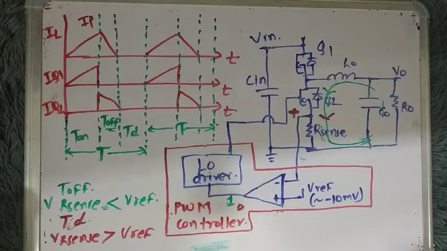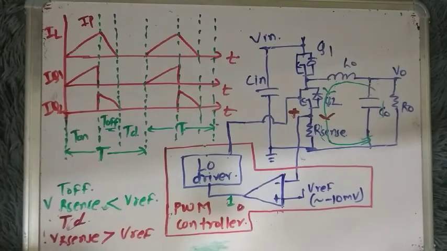If you are designing such kind of converters, maybe a synchronous buck, or the same applies to the synchronous boost also, and if you want to use this diode emulation feature, you have to see the data sheet of that PWM controller, or contact the manufacturer, the semiconductor supplier, to check whether the selected IC supports this diode emulation mode. So that is all about the diode emulation mode.